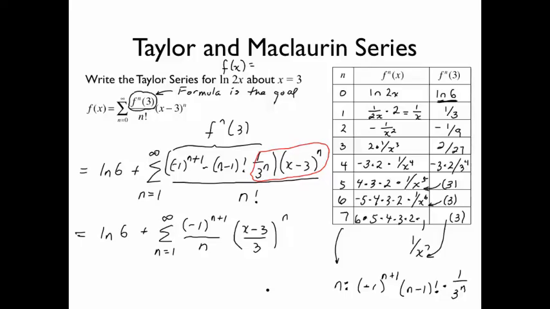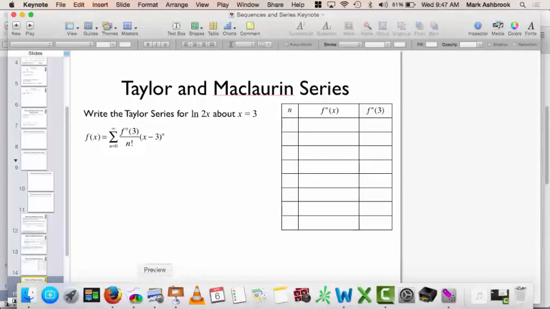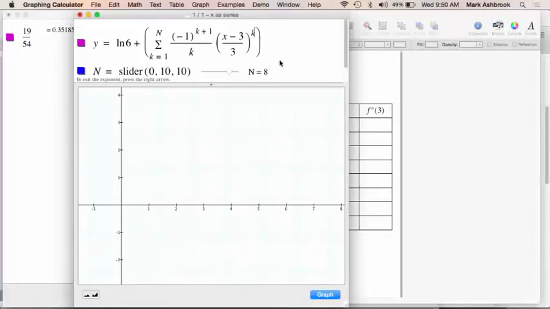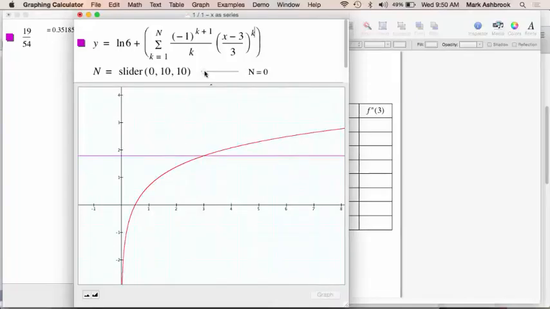Okay, let's see this in the graph. This is where it's interesting, how these Taylor series work. Last chance, any questions on that before I erase it? Instead of little n, I'm going to use k. My capital N is allowing me to choose a different number of terms. Right now, I'm selecting 8 terms, but I'm going to go back and do this. Here we go. So here's n equals 1. If we do ln of 6 plus the first term, we get that purple line. If we do the first 2 terms,